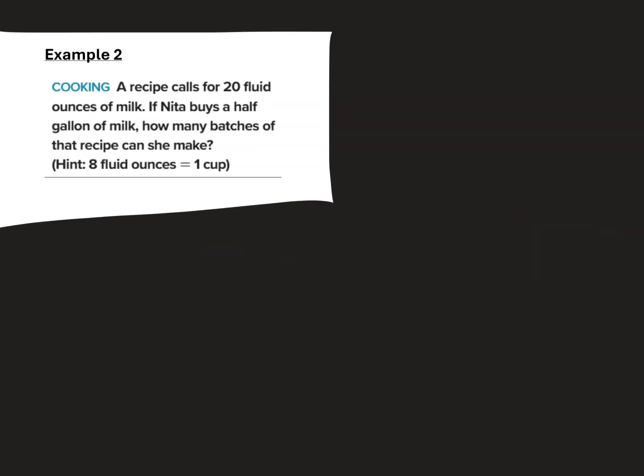For this example, there's a bunch of conversions that we need to do. We know that she bought a half a gallon of milk. So I've got to go from gallons to ounces, and it's going to take me a little while to get to those ounces. So a half a gallon, I know there's 4 quarts